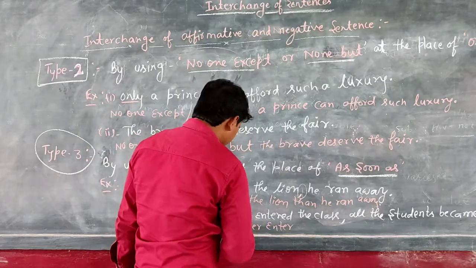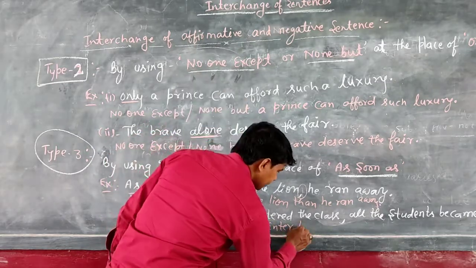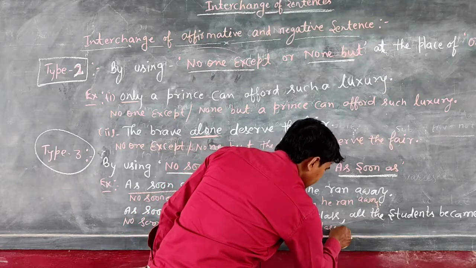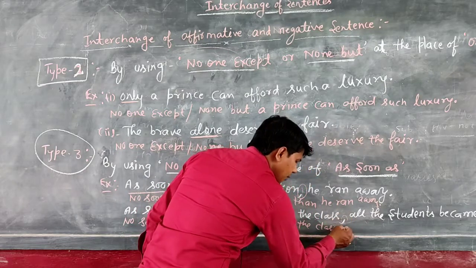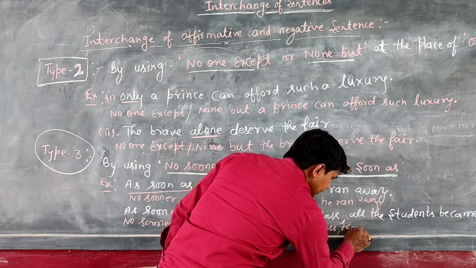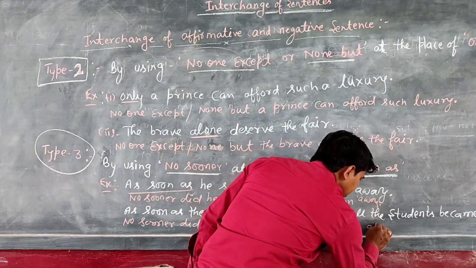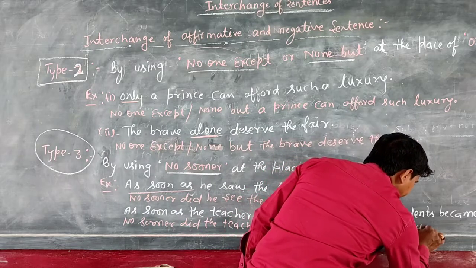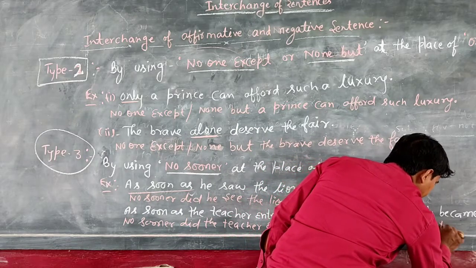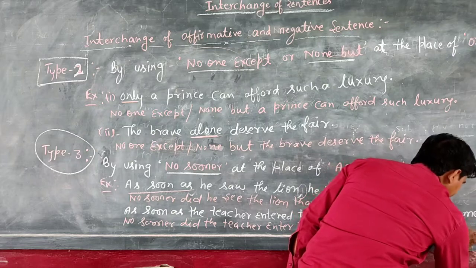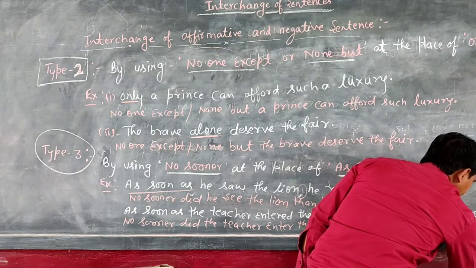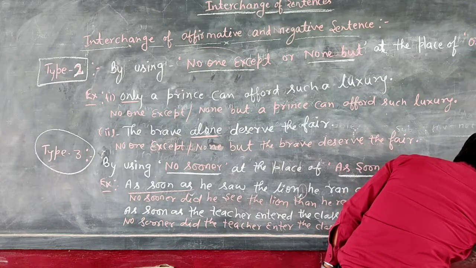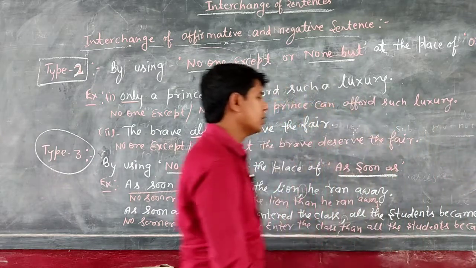No sooner did the teacher enter the class, at the place of comma what is used? That is than. All the students became silent. Okay students,